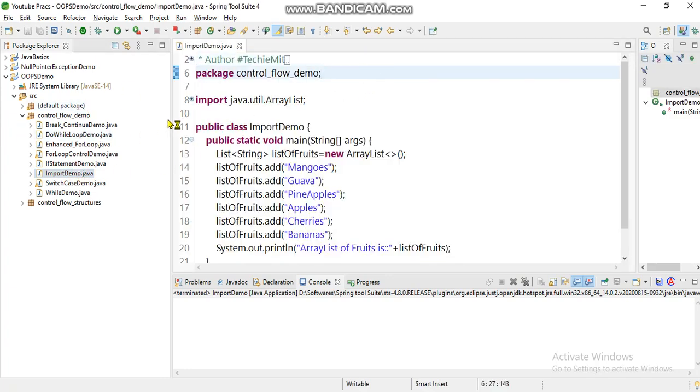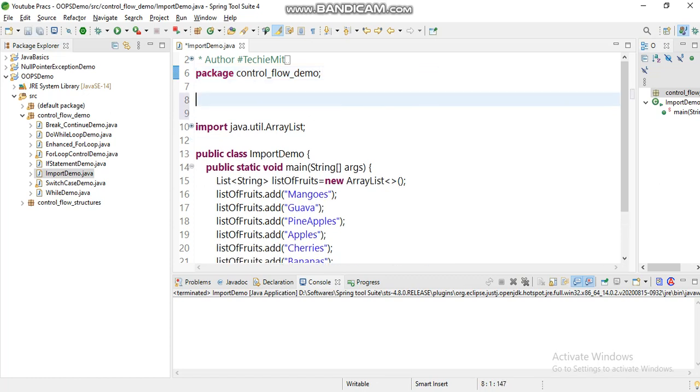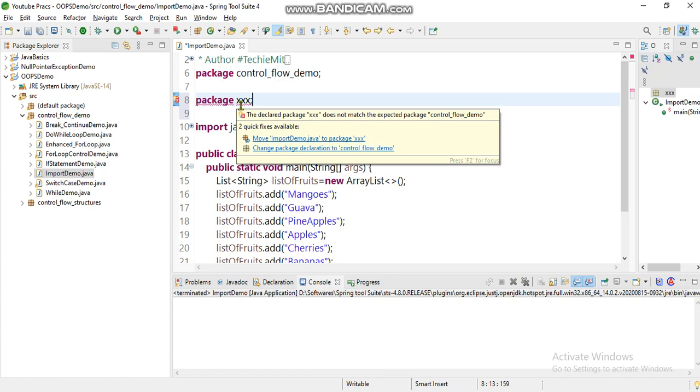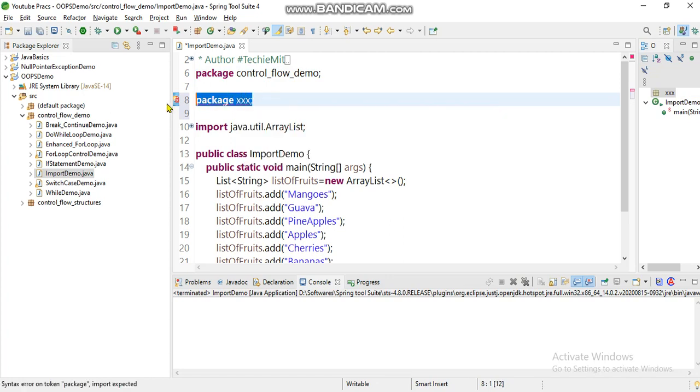See over here also, the first line of the Java program is included with the keyword package, followed by the package name. If I give any invalid name, like XX, it gives a compilation error. That's because a package of that name is not defined anywhere in the Java project, so it will definitely give an error. Suppose I wanted to include another package.